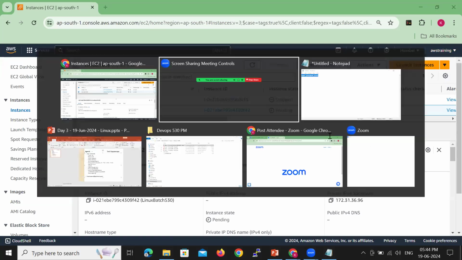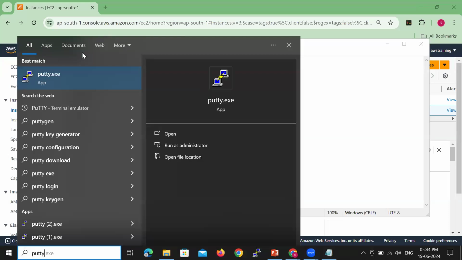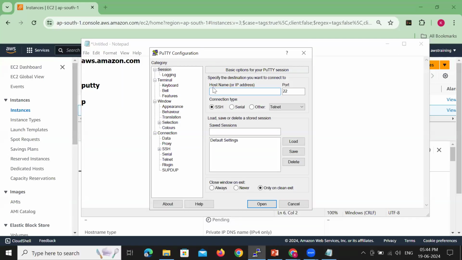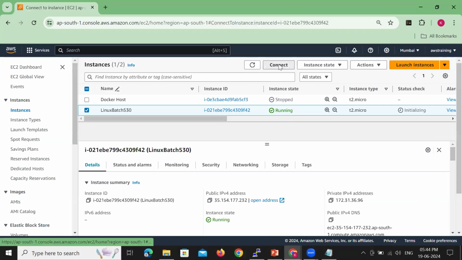Once the machine is started, we'll be using a terminal called PuTTY. Let's open PuTTY. Under host name, you need to provide the connection string. As you can see, the machine is successfully started. Connect.